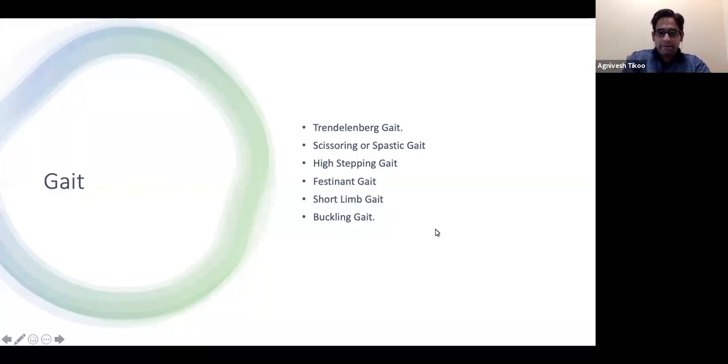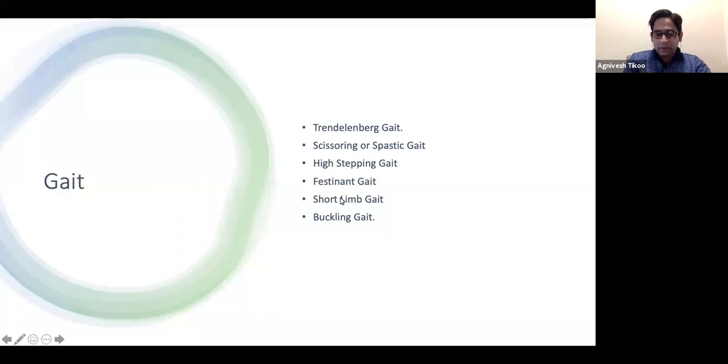So you may have festinant gait. Festinant gait is characteristic of Parkinson's. It is not very related to orthopedics, but you should be able to differentiate a patient of festinant gait from any other gait abnormality so as not to fall in the trap. If you have a Parkinson patient who is not able to walk properly, you can say that the gait cannot be fully assessed because the patient has Parkinsonism and is not able to cooperate fully for the gait assessment.